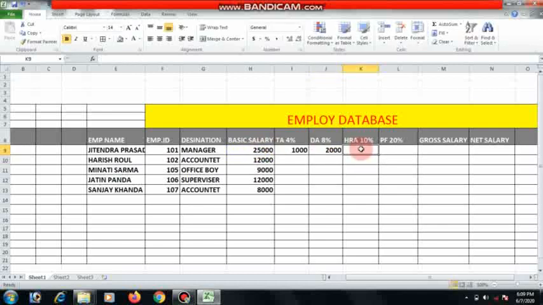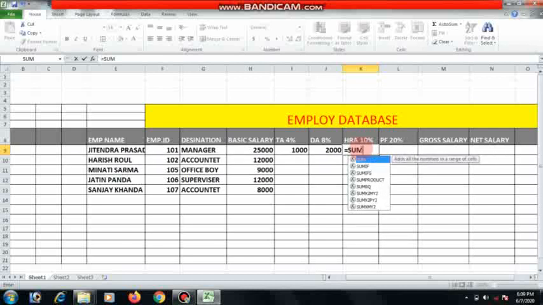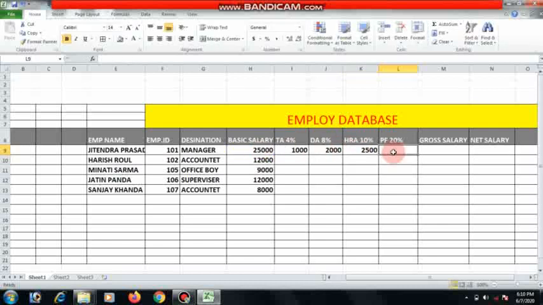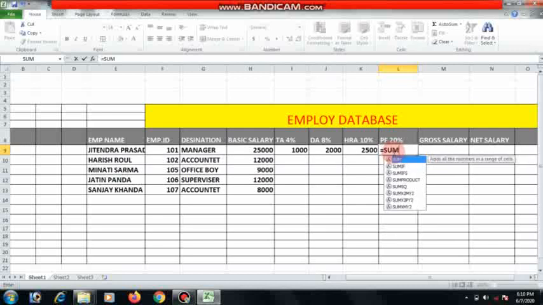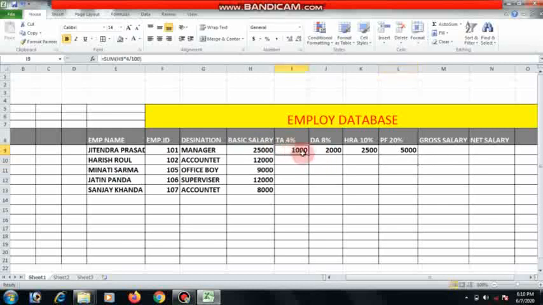And HRA means equal SUM bracket start basic salary into 10 by 100. Okay, and PF is equal SUM bracket start basic salary into 20 by 100. Okay, this is the TA and DA and HRA and PF.